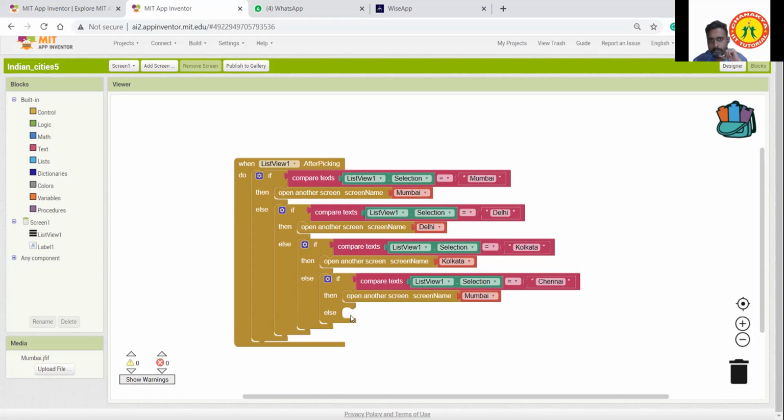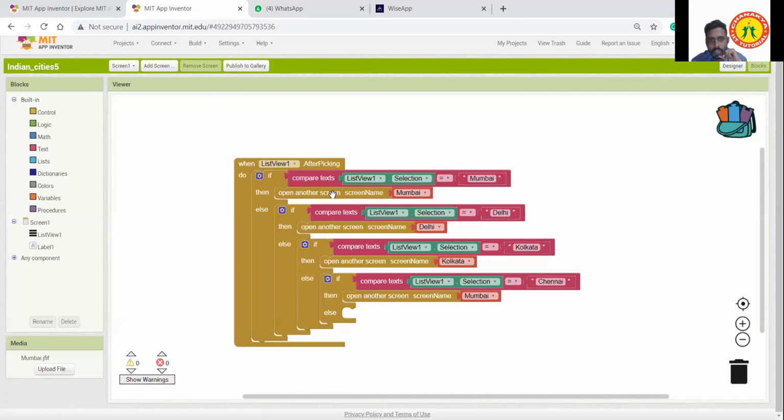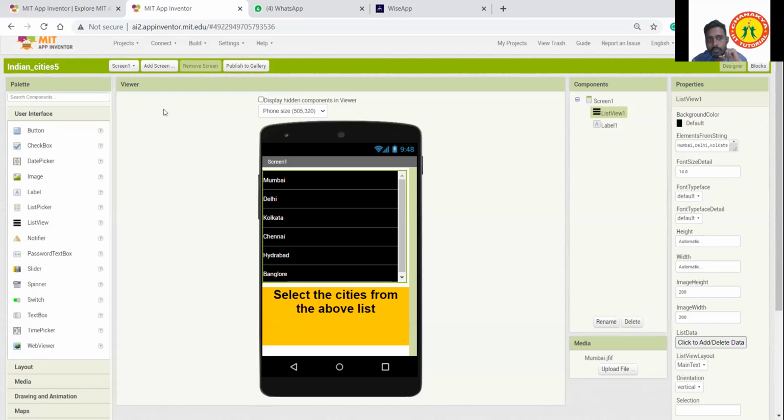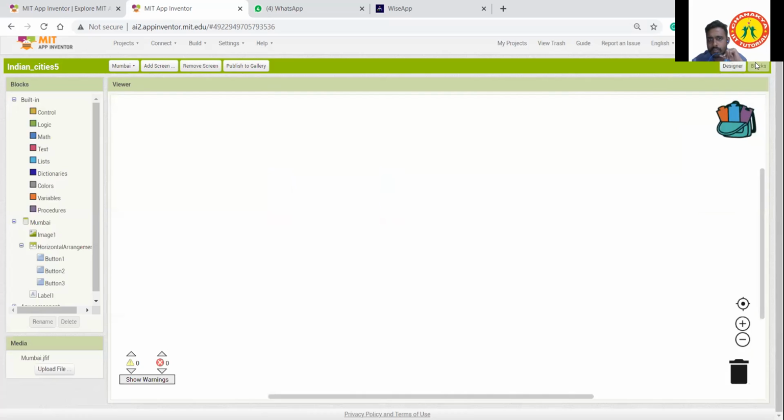Sir, then how will we open it? If you want to open Mumbai, how do we open? If you select Mumbai in the list view, it will just switch to the Mumbai screen. If you click Mumbai, it will switch to Mumbai. Sir, can you click and show once?